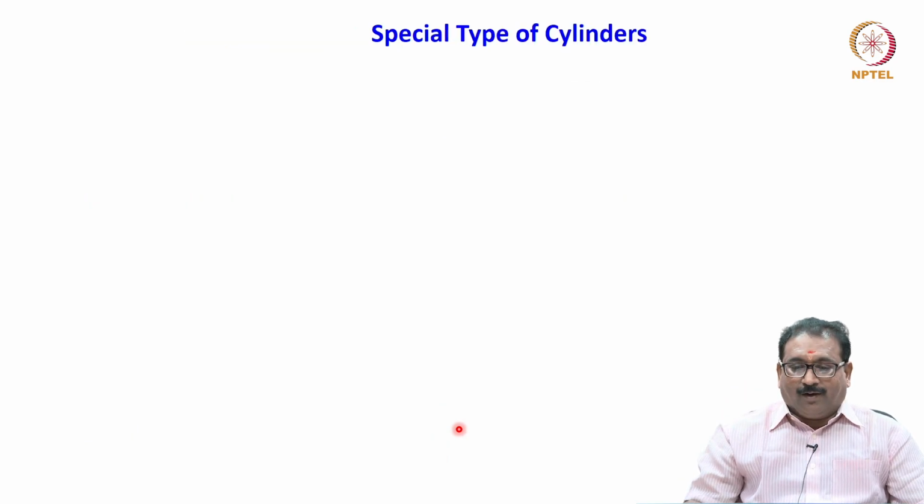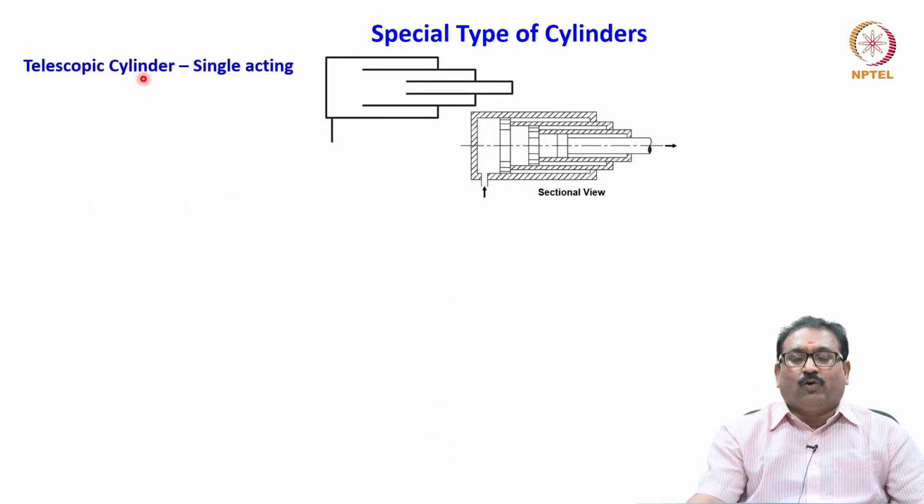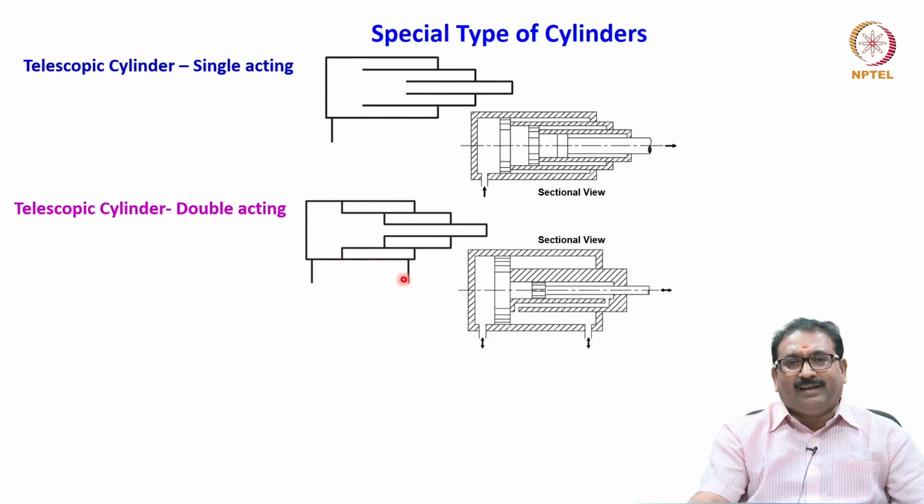Okay. Now we will move on to the telescopic cylinders. It is single acting, you will see. What is a telescopic cylinder? You will see the sectional views, one tube inside the other. How will the extension take place? Using the fluid energy. Only one port, I will put single acting. If you put 2 here, extension and retraction of these tubes is through the fluid energy. You will see the sectional views and a fluid power symbol here.